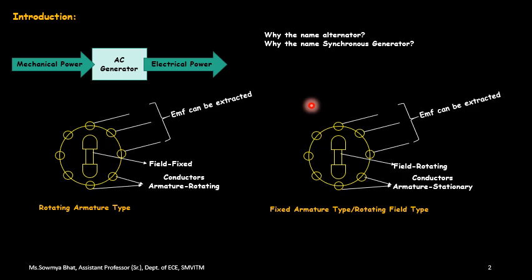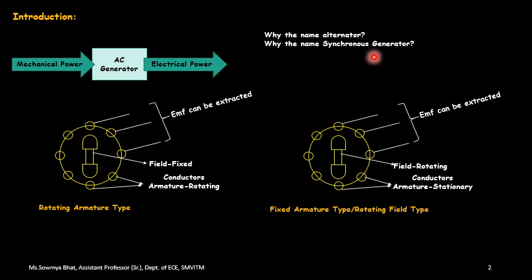In the same way, when we have the conductors and an EMF is induced, this induced EMF alternates between the positive as well as the negative part. That is, if I draw a waveform, it will be a sinusoidal waveform, which has a positive half of a signal as well as a negative half of a signal, which we call an alternating type. So that's why we have the term alternator.